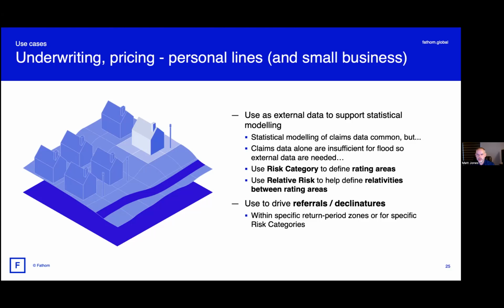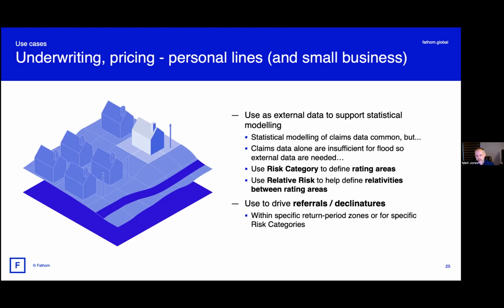You need external data to represent flood risk properly. And so what I would do here is use our risk category to define the rating areas that are typically inputs to these sort of statistical models. And then use relative risk to help look at the relativities between the rating areas that will come out of the statistical models. Sure, claims experience will give you a sense of the relativities too, but actually my experience of this is